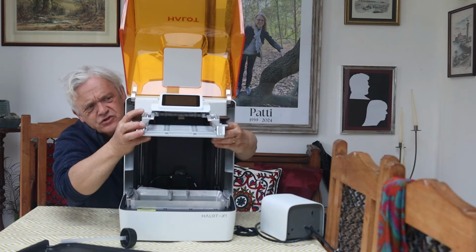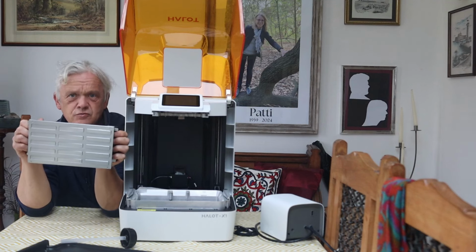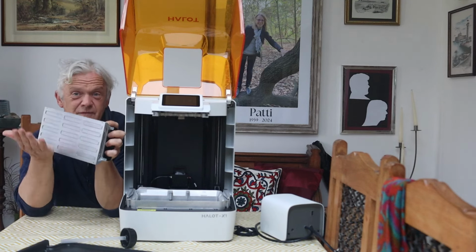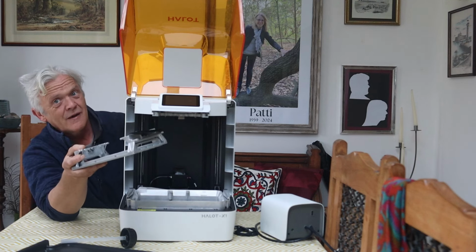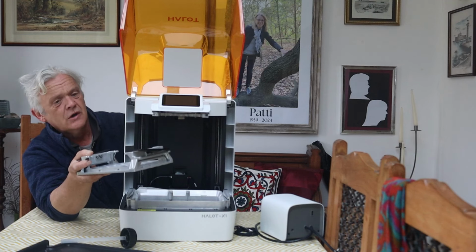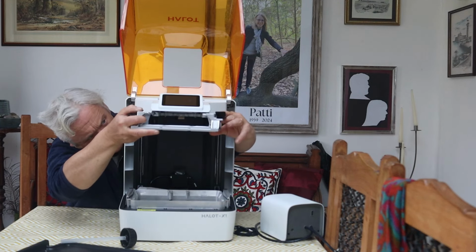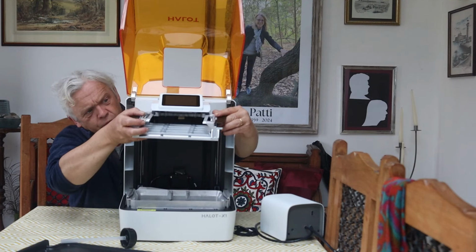rigid. This lifts out like that, and there's two twist handles. If you twist the handles one way, they push these little bars out one side and the other, and then the other side does exactly the opposite, and that leaves your model straight off, because to be honest, it's a nightmare with a wet resin model trying to remove it, and I've had huge problems where I have literally taken the scraper and whacked it with a hammer to get the model off. This should pull that model off really easily, and I'm looking forward to that because model removal was certainly one